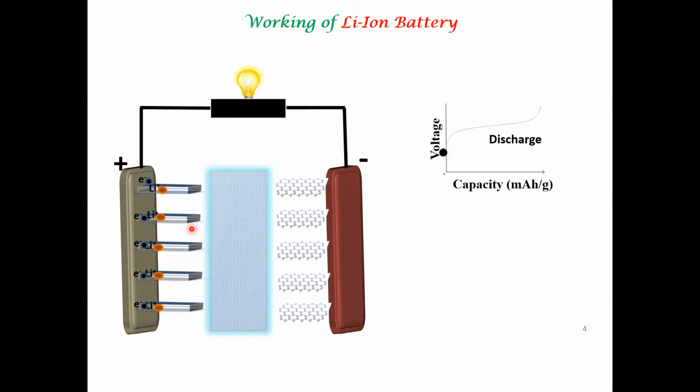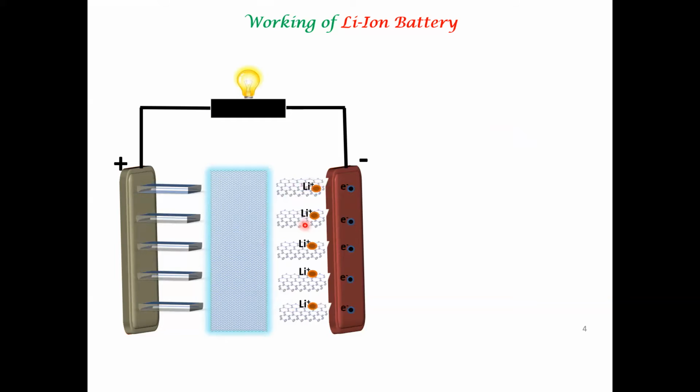So while this occurs, the voltage of the battery will decrease, and eventually when the battery is completely discharged, the voltage will be zero. We will look at the chemical reactions that are of relevance here. During discharge, this compound, okay,